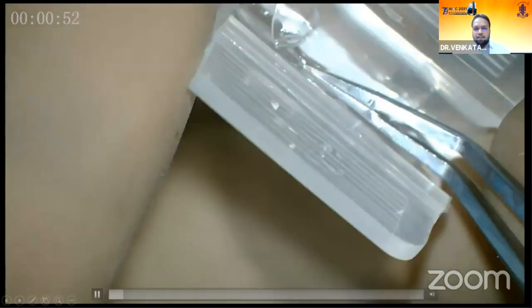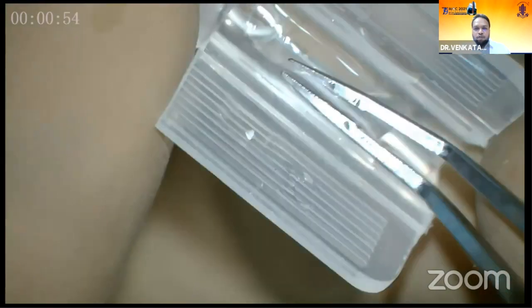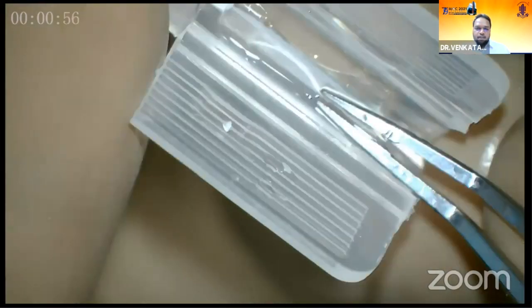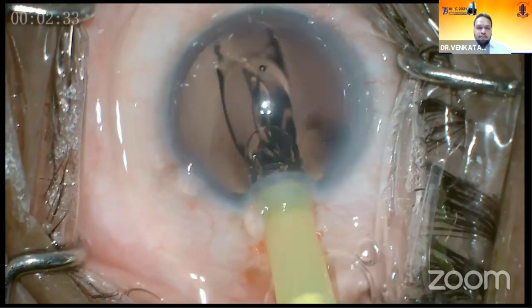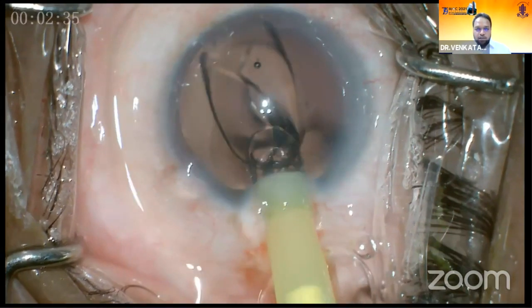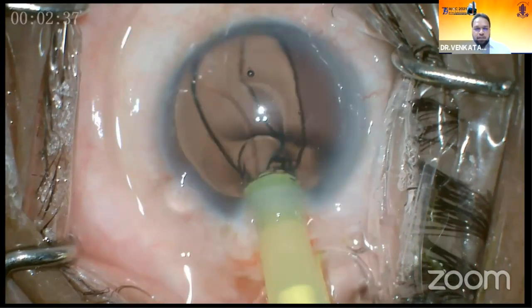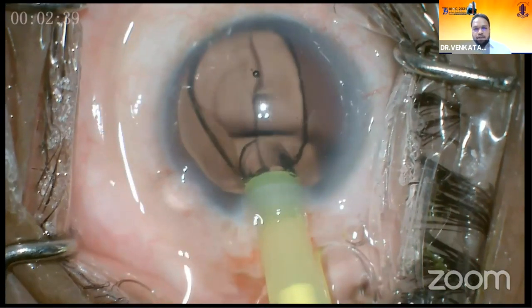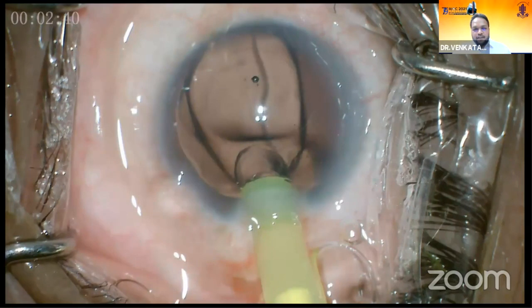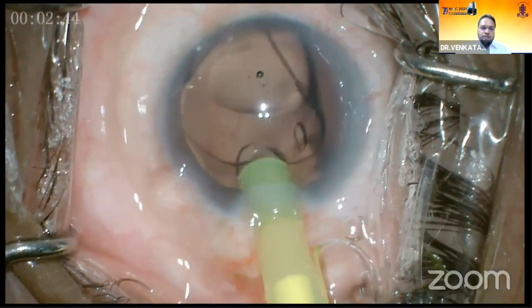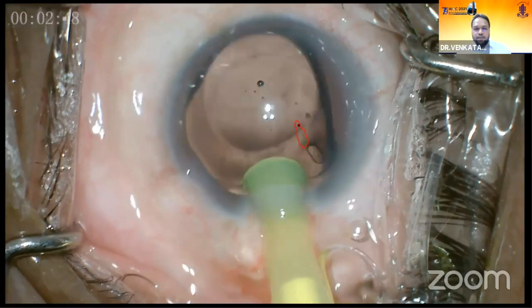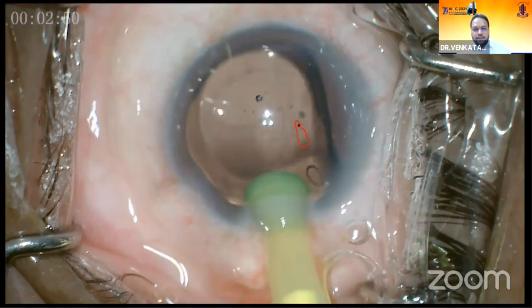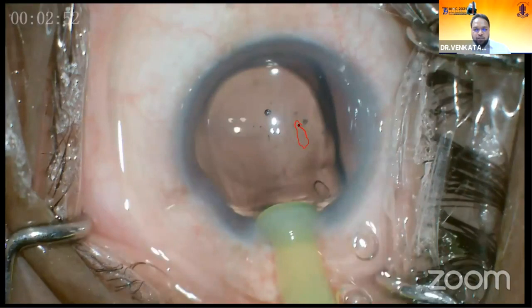Here we can see the lens is loaded into the cartridge just like any other intraocular lens. In a post-phacoemulsification eye, we can see the lens being injected into the capsular bag. Being made up of 20% hydrophilic water content material, it is very capsule friendly and easily manipulated. And it comes with two dialing holes with the help of which the lens is manipulated inside the capsular bag. And the same is used to aspirate the visco behind it.